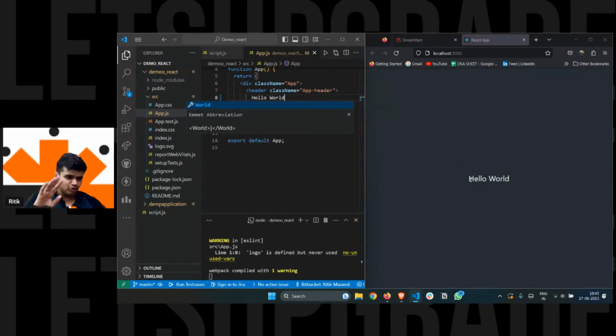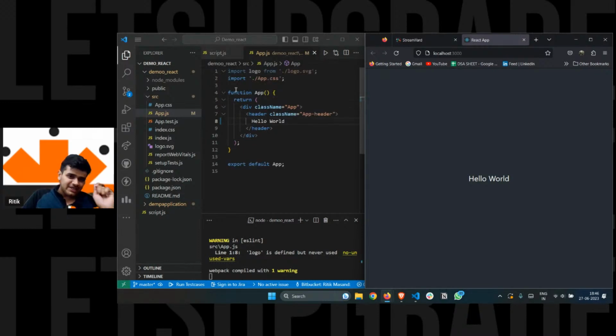This is the most basic thing that we do while learning any language: we just type in hello world. It means that, okay, hooray, we have successfully learned to write a single word in the application, right? It's hello world. Now, what is this function, and what is this export? What is this import, and things like that. There is a very important